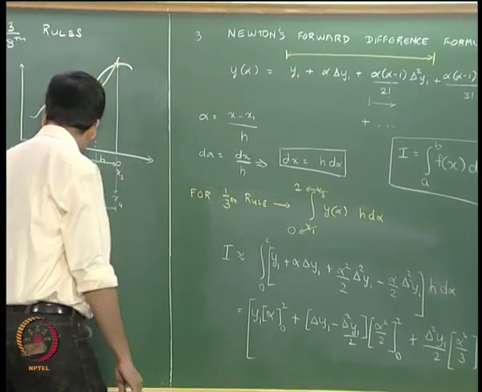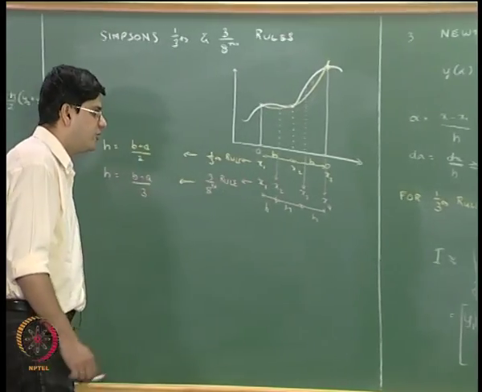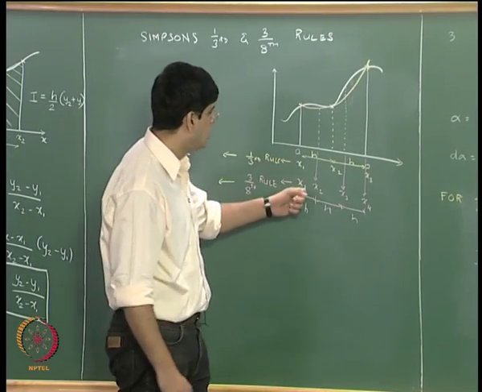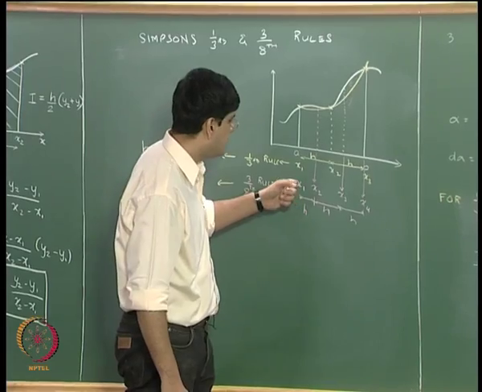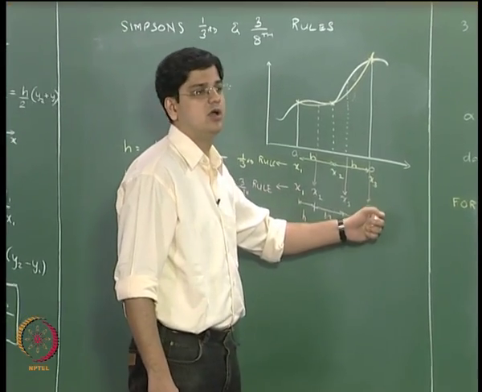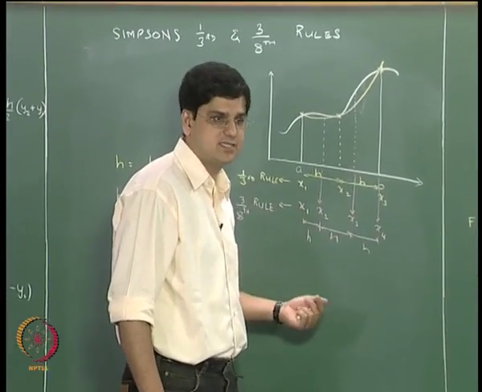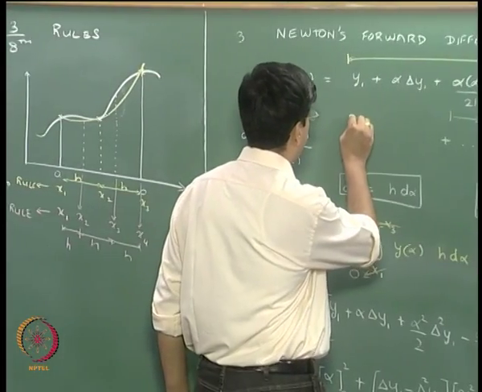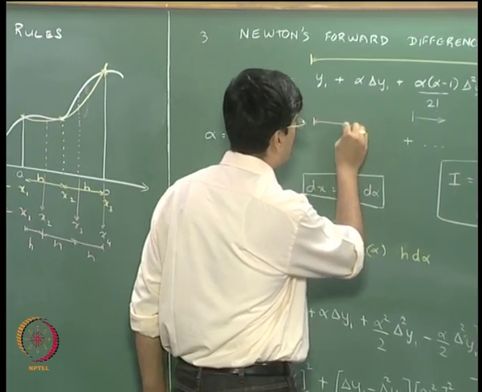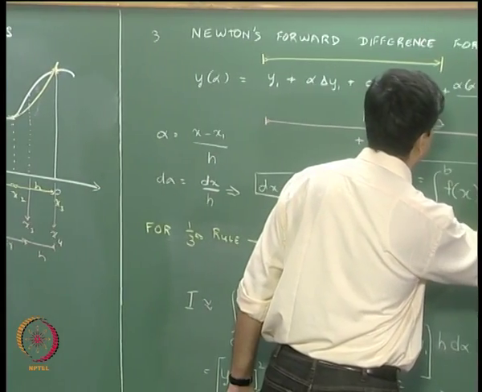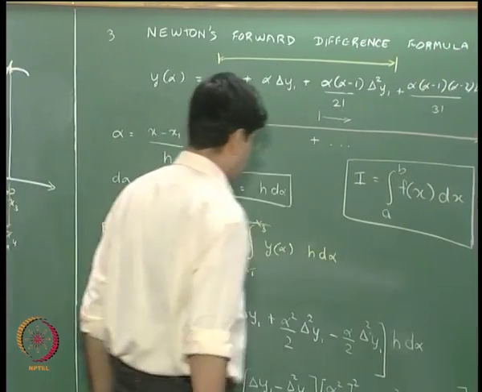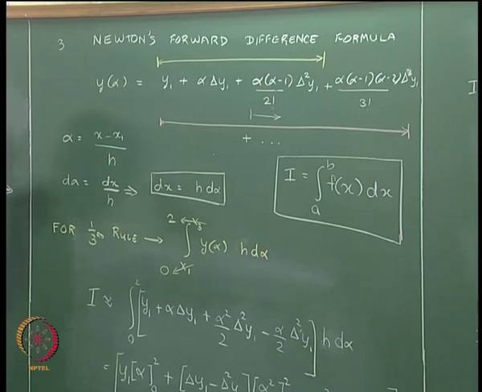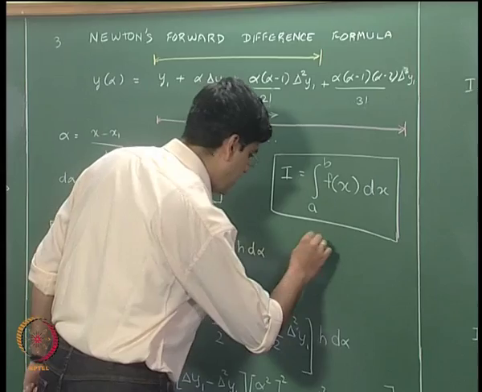Now if we want to derive another higher order formula, that is going to be the Newton's 3/8 rule. And let me remind you what we have to do in Newton's 3/8 rule is to go from integral from x1 to x4 of f of x dx, okay. We will use pretty much the same idea, but instead of stopping at the third term, we will include the fourth term as well, okay. And for the 3/8 rule, we will have